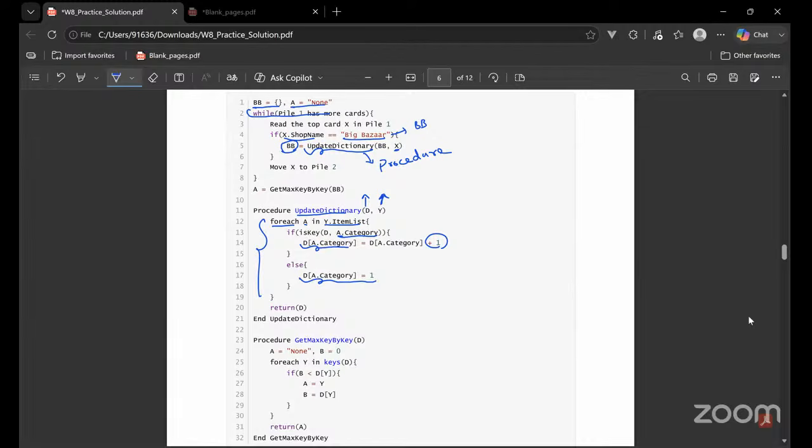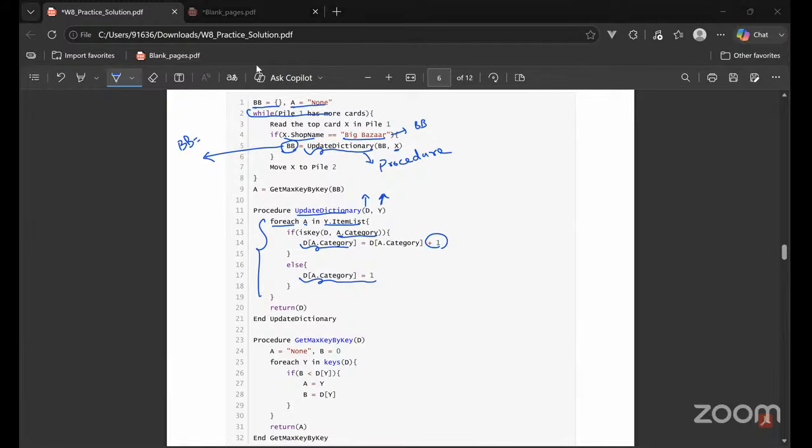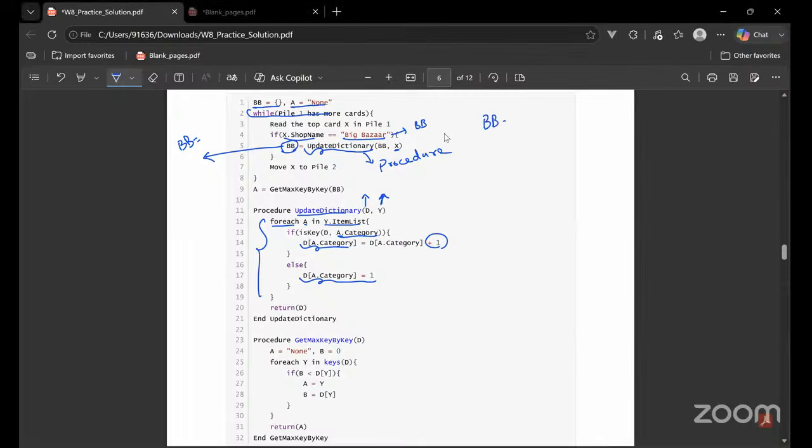Right? So after this update, what will this be? Will this be a nested dictionary or a single normal dictionary? This will be a normal dictionary, right? This will be a normal dictionary like BB. Basically, this is a Big Bazaar dictionary because we are updating only for the Big Bazaar shop. And it will have the categories like